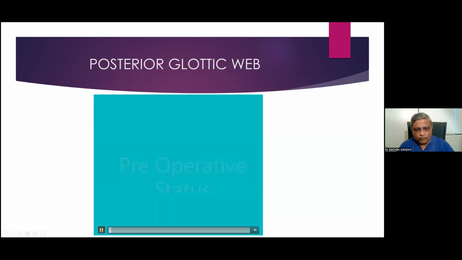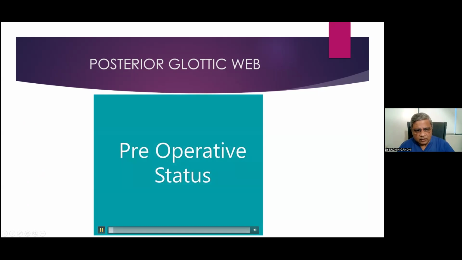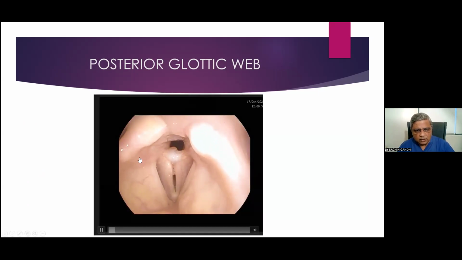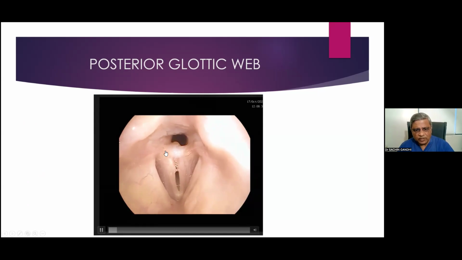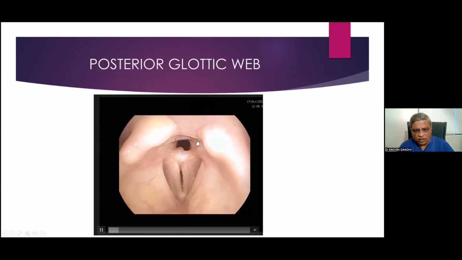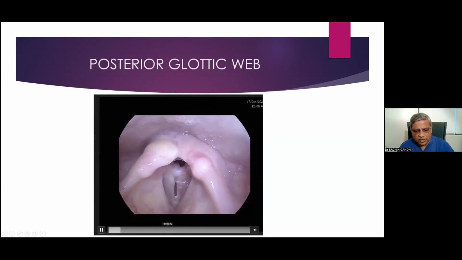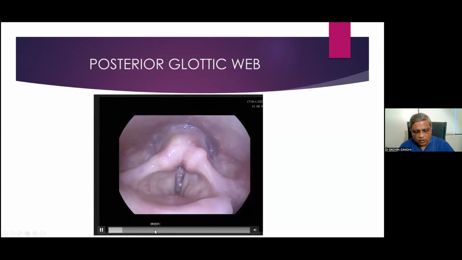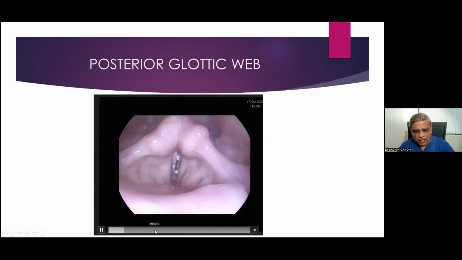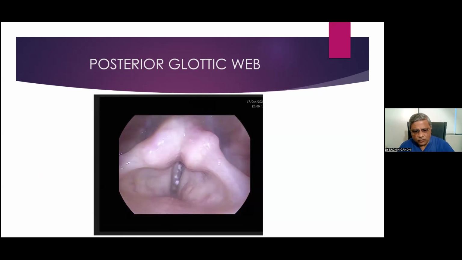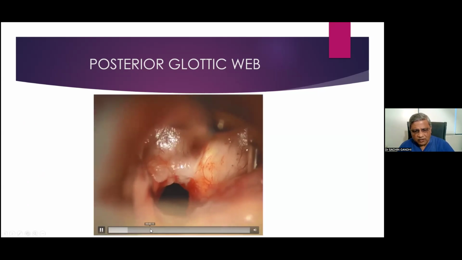Now this is type 1. Okay, so this is type 1. A synechia between the arytenoids, sparing the posterior glottic space. And for these cases, what you have to do is just cut the graft with